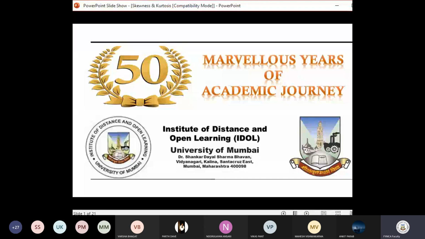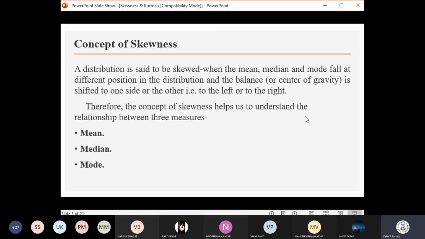Today we are going to cover the skewness concept. So basically, whenever I say that a function is symmetric, in that case mean, median, mode, all of them lie on a center part. That is, they are on the balanced side. And whenever they are in different positions, there we can say that there will be some type of skewness.